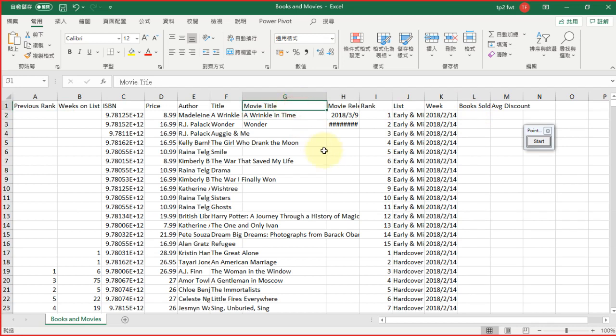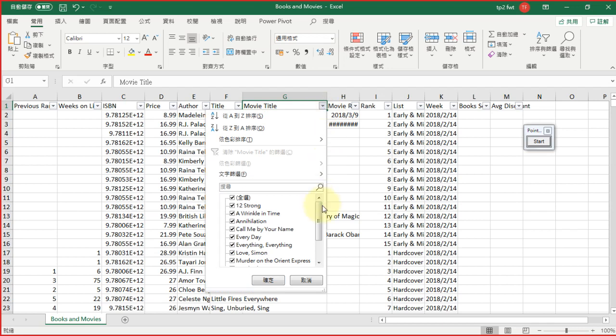If I want to filter the movie title, I apply the funnel icon. Click here, then click here. Then you can select. It will show all the values, by default all the values that have been selected. But if you want to skip all of them and only keep part of them, especially when I only want to see the 12th sum,